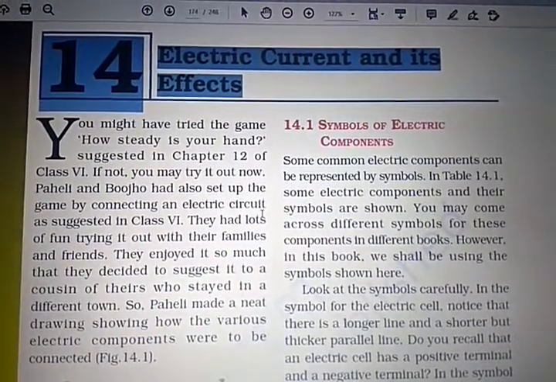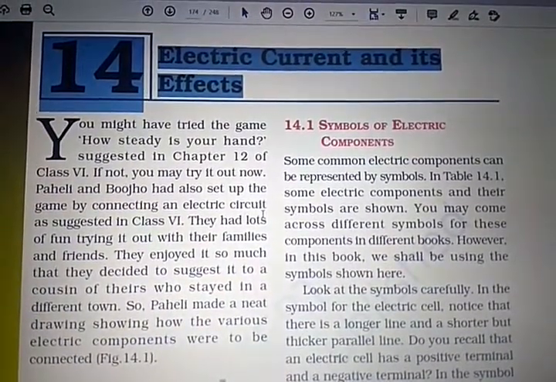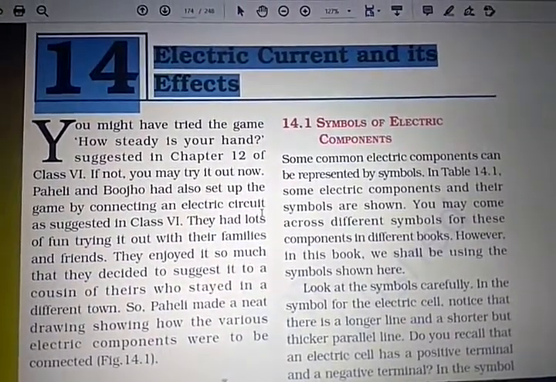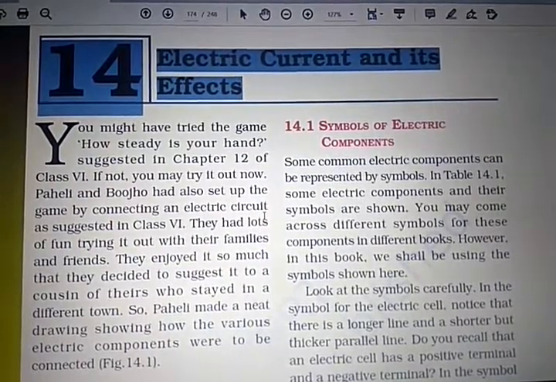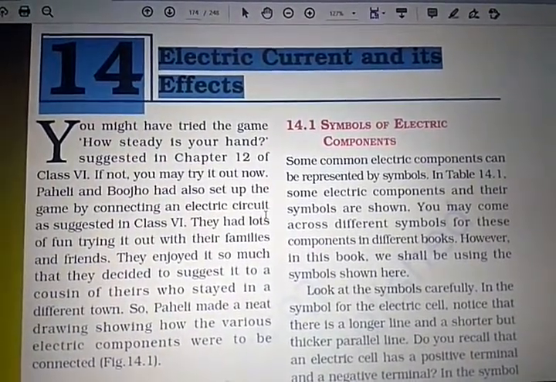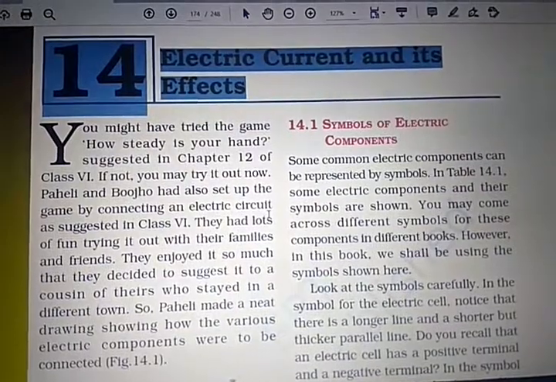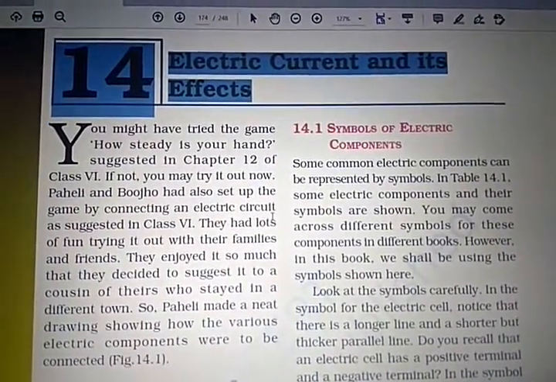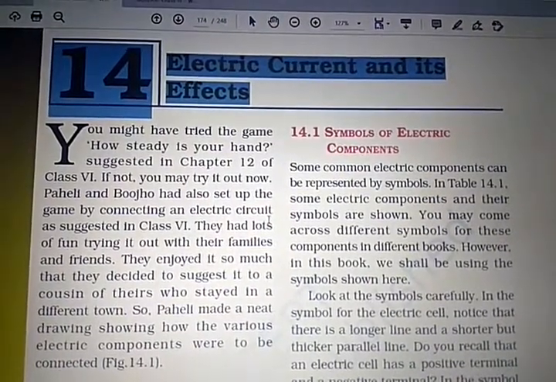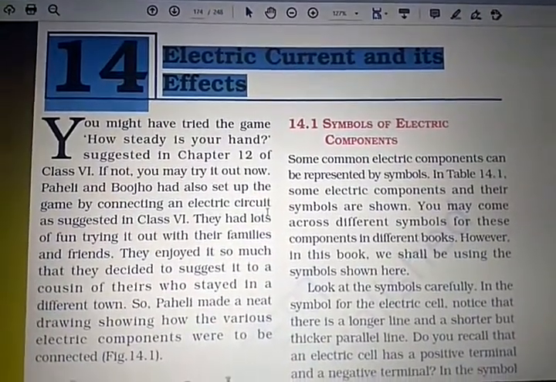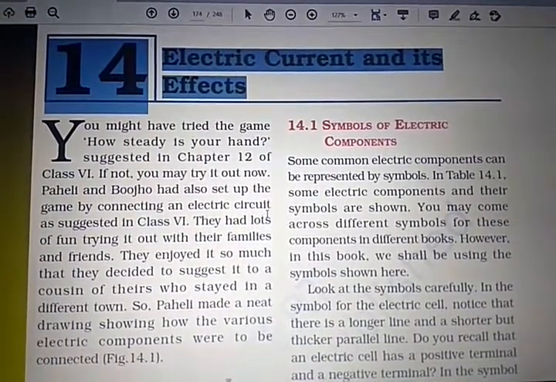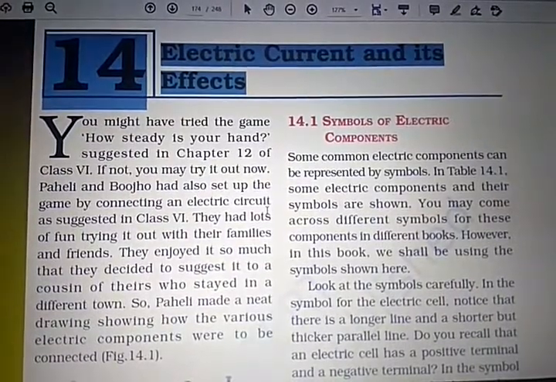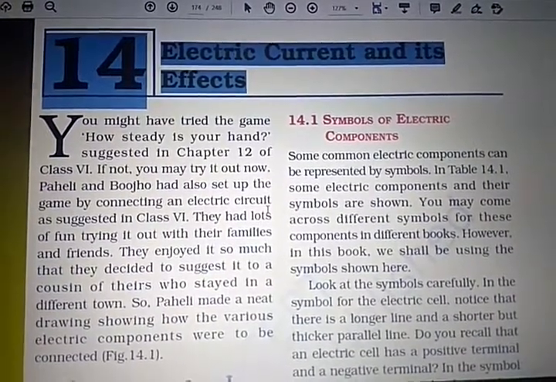First of all, dry cell, then switch, right? That switch that you have made up of a safety pin, right? Then bulb, then wire, copper wire, right? So these are the components to prepare a simple electric circuit. Once the current is flowing in the circuit, the electric bulb glows. You studied this in your 6th grade.